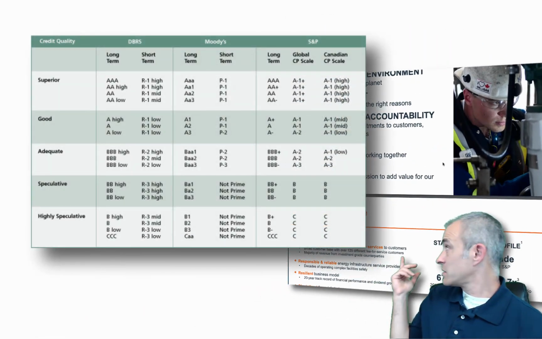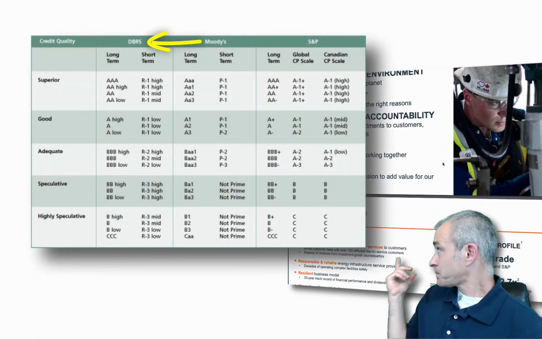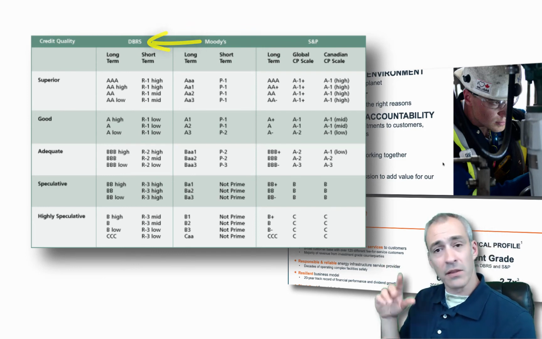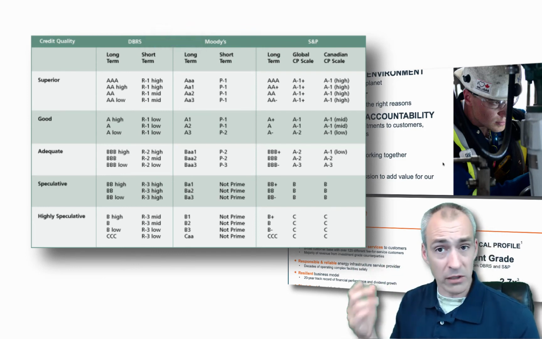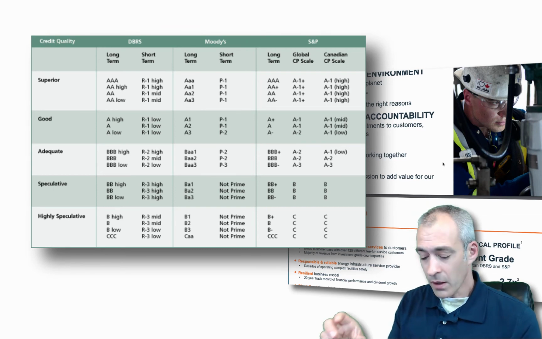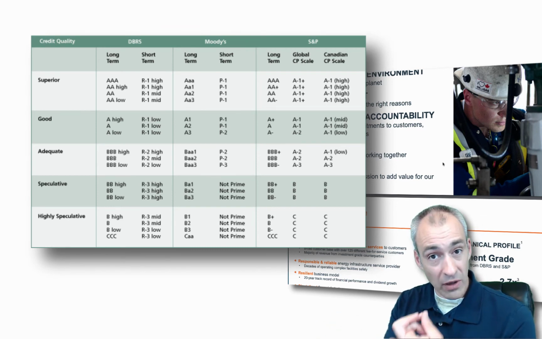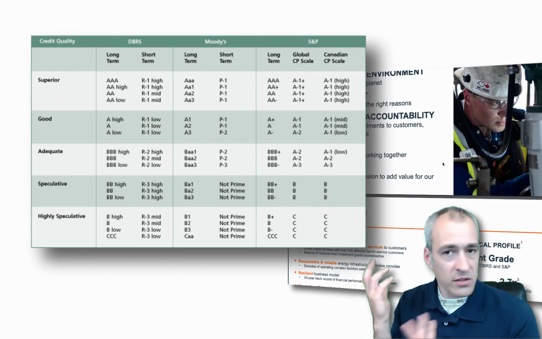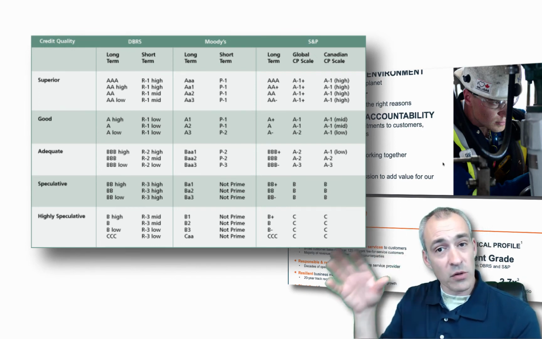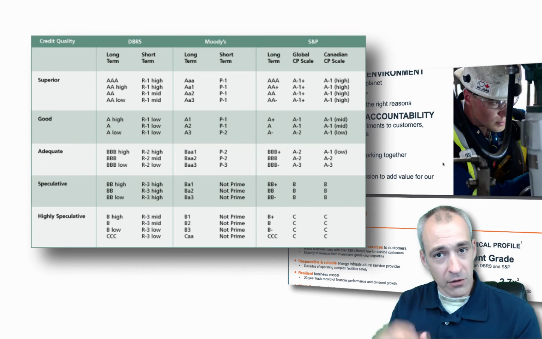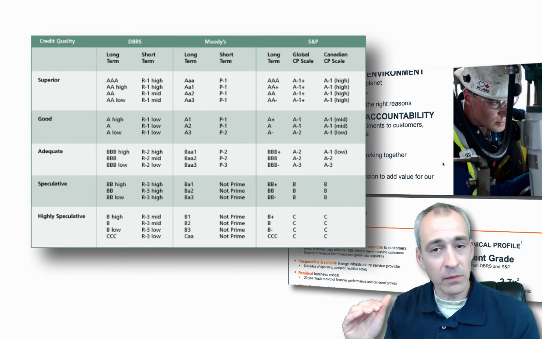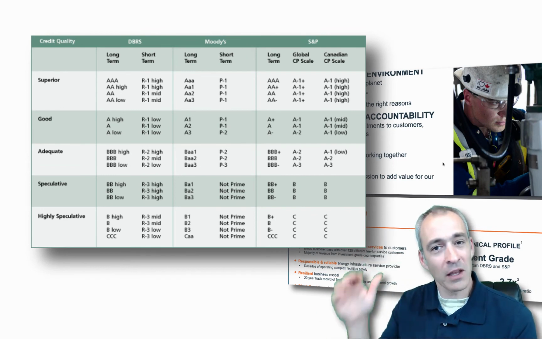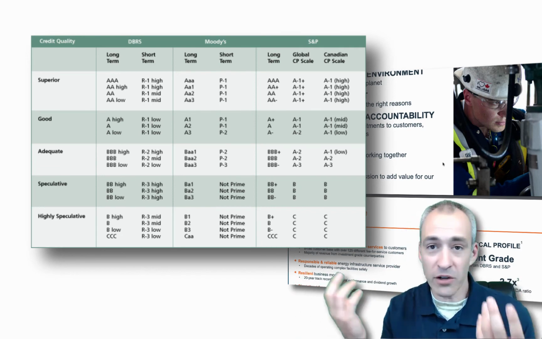The Canadian one is the Dominion Bond Rating Service, the DBRS. And there are others in the States. You've probably heard of them, maybe even, right? S&P, Standard & Poor's, the same company that owns the S&P 500 index. There's also Moody's and Fitch. There are several. The ratings are usually a bunch of A's or a bunch of B's or C's. And the farther down the alphabet you go, the crappier the company, and the more risky it is that if you lend it money, you're not going to get it back.